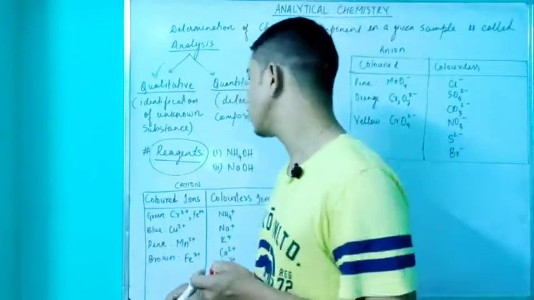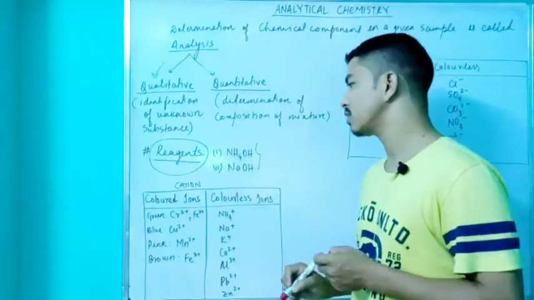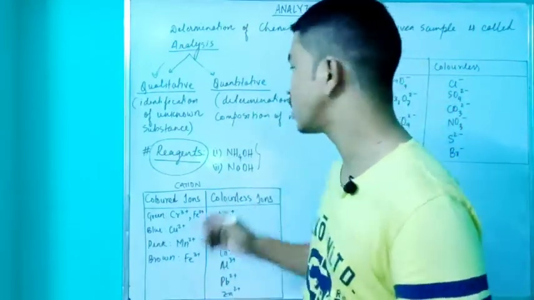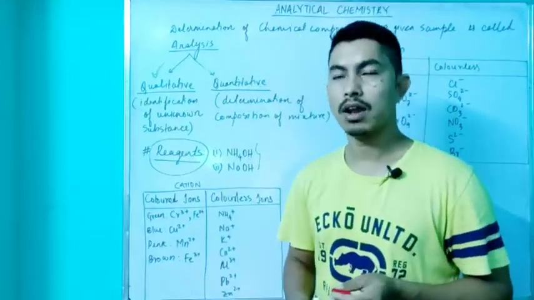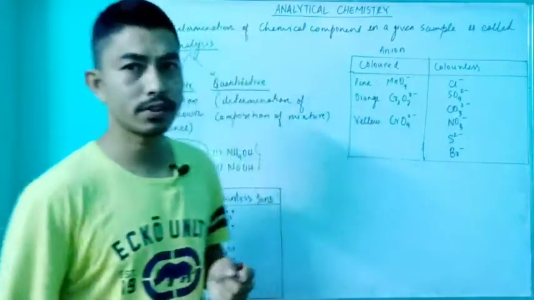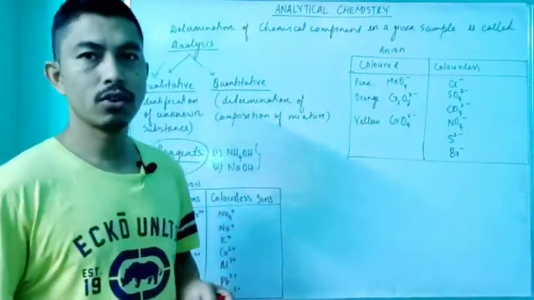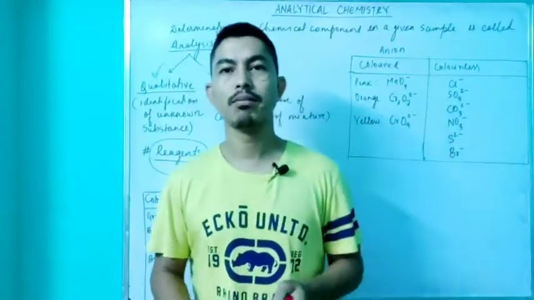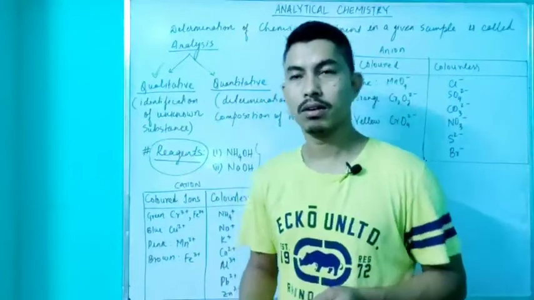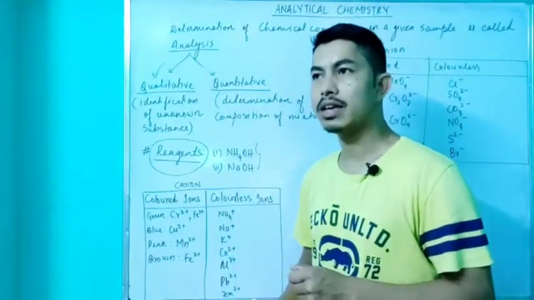In this chapter we will learn about two reagents, ammonium hydroxide and sodium hydroxide. These are the most commonly used reagents in a chemical lab. Now coming to the uses of reagents for identification of an unknown substance in a given sample, as I already mentioned, by looking at the color of the precipitate, which in short we can call PPT, we can easily predict what ions are present in it.